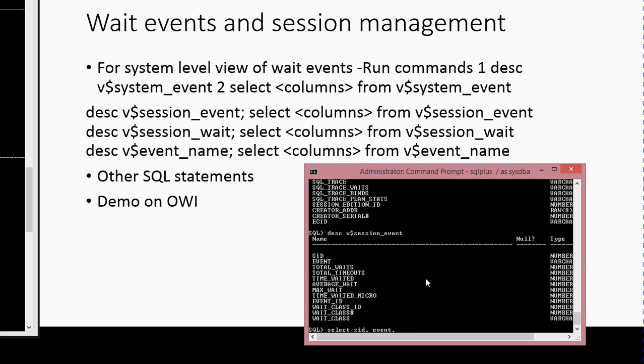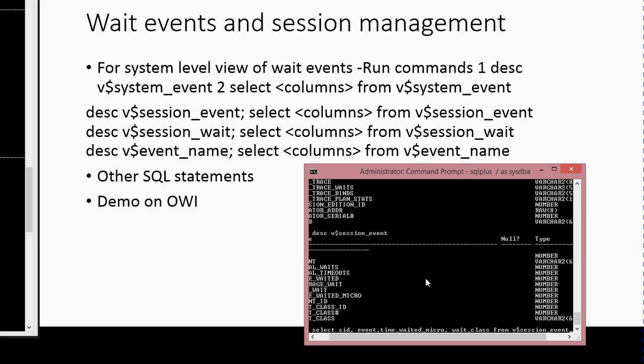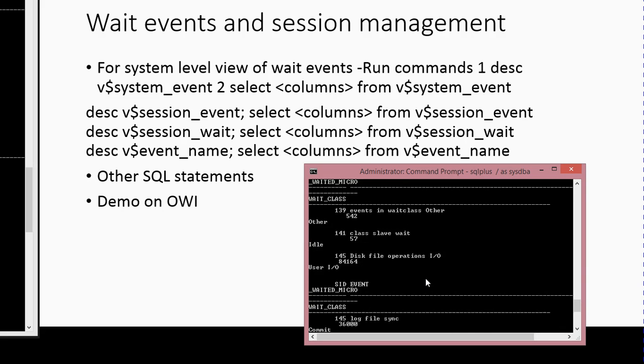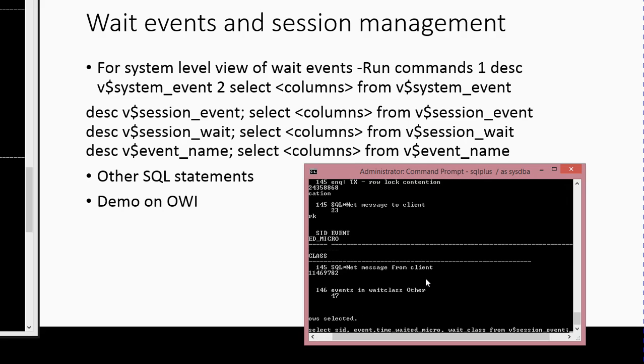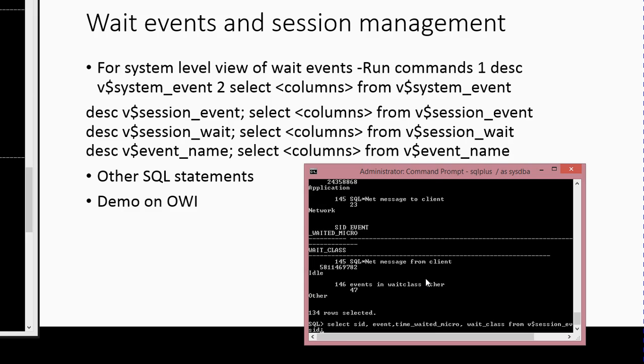Event, time waited, time waited underscore micro. Let me see what else I need, and let me see if wait class is also going to be important from the session underscore event. Yeah, that's definitely way too much information. Let me do this, for SID equals to